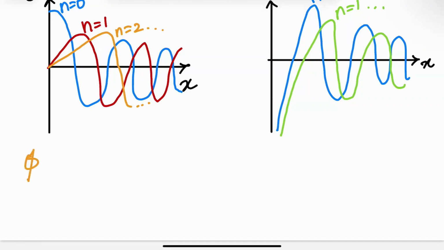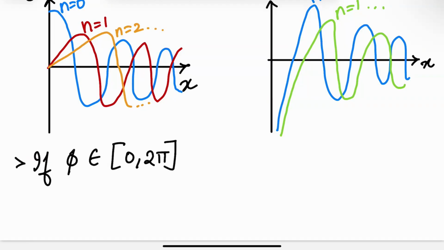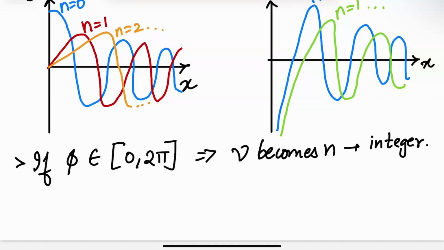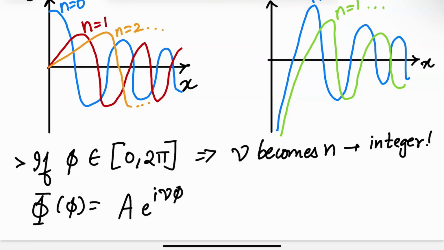Now, if phi is entire domain, right, which means that all angles of phi are included within the solution space, implies nu becomes an integer. Okay, so why is that? So if you look at capital phi of phi, it's a e to the i nu phi plus b e to the minus i nu phi,